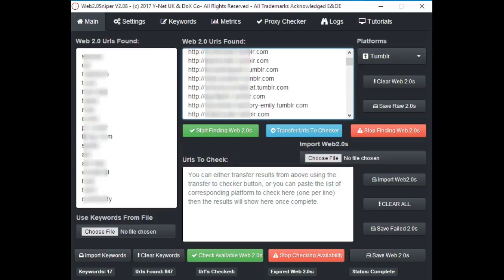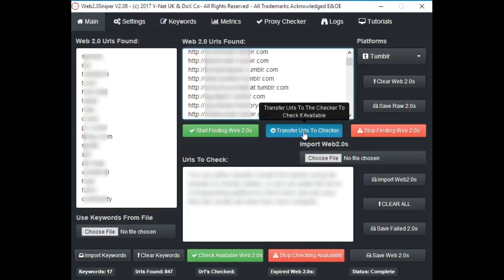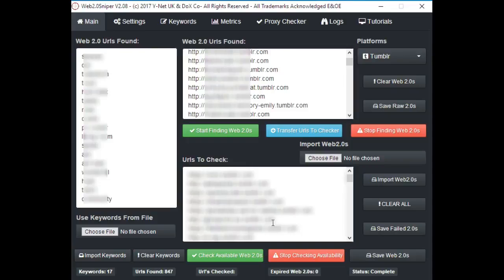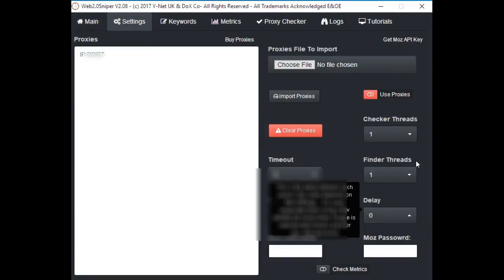Okay, so like I said, we found 847 Web 2.0s ready to check if they're expired. So I would suggest you click Save Raw 2.0s, because if they're not expired already, these can expire at any time. Nobody knows when they're going to expire, so it's well worth checking this list again and again and again for more profiles that expire. Okay, so all we do is we click Transfer to Checker,